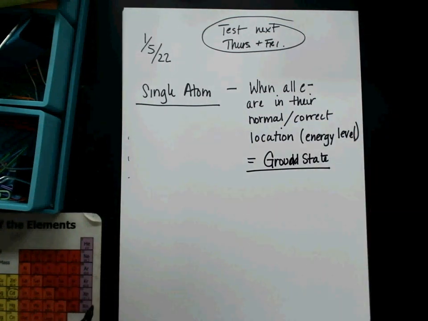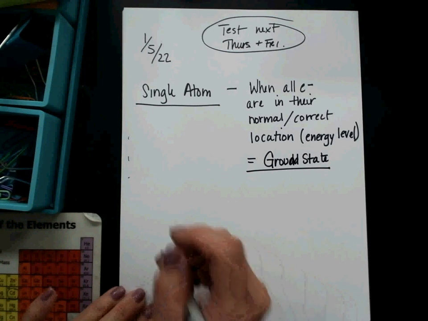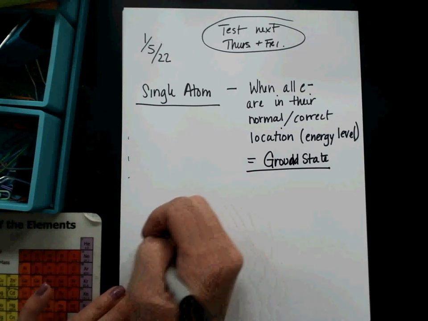So when every electron is where it's supposed to be, I haven't done anything to make them change, that's called ground state. So if I take something really easy, like lithium,